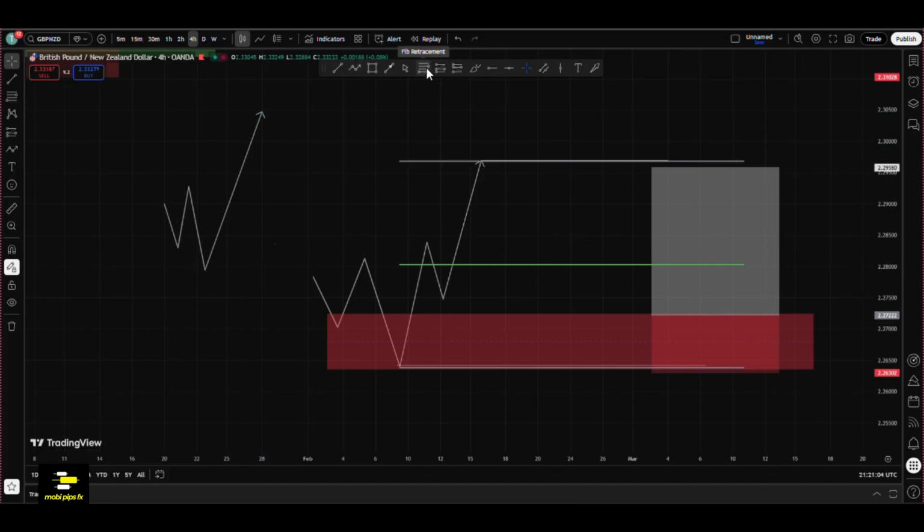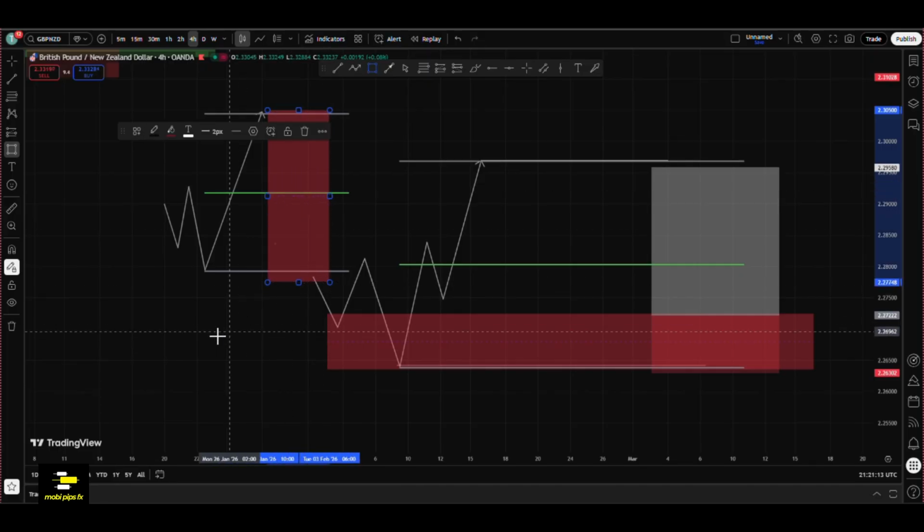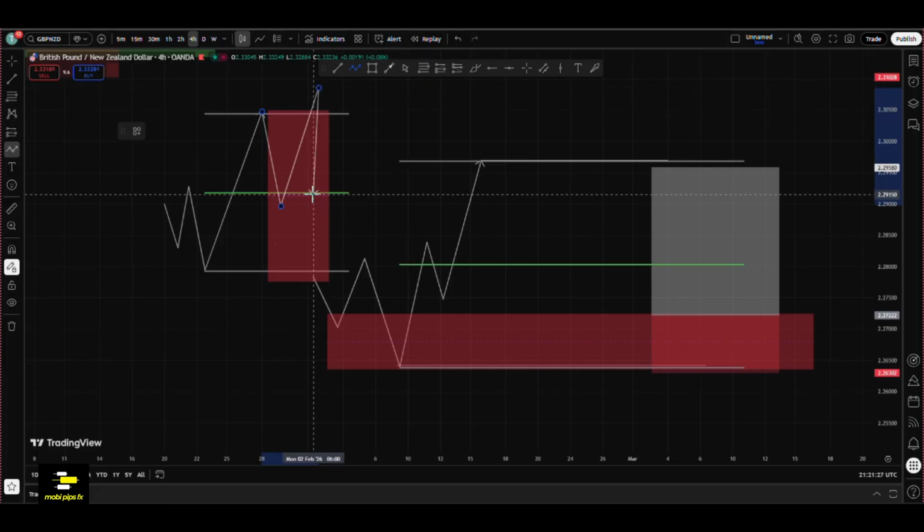Where is my Fib tool? Great, I take my Fib tool. I know that this is where my focus is. So before I realize, price will give me something called the structural liquidity. Okay, so now I know that if I start selling, I can sell only down to this side. Then this is my structural liquidity.